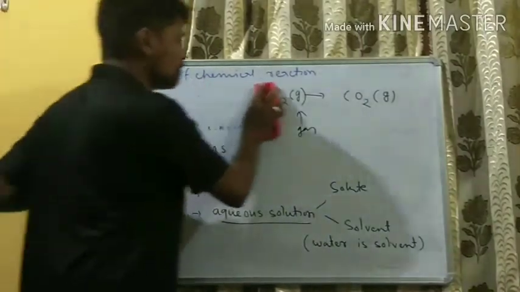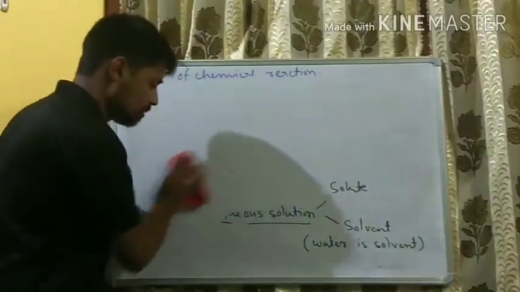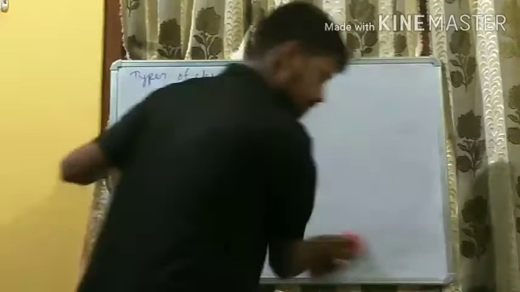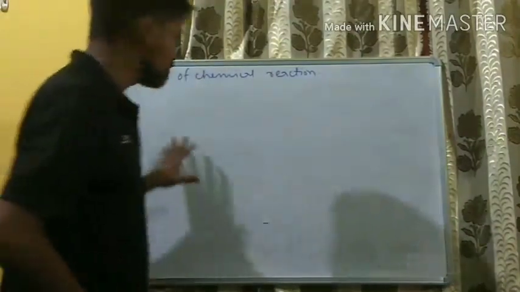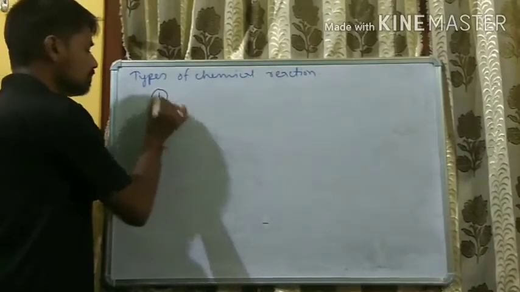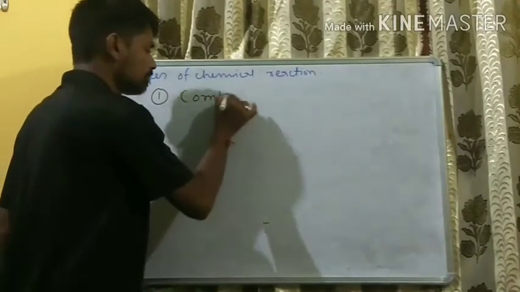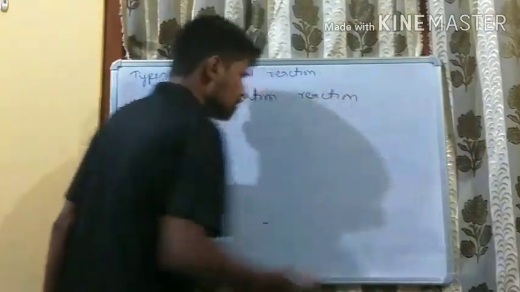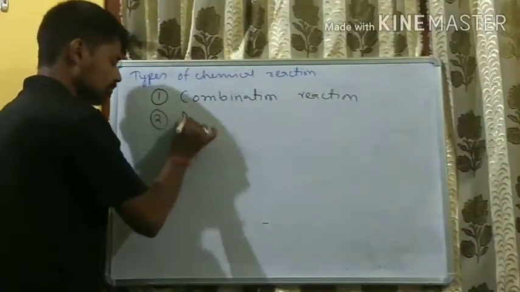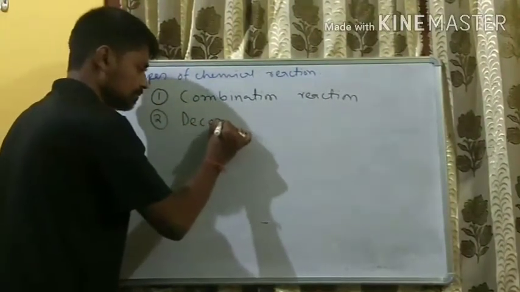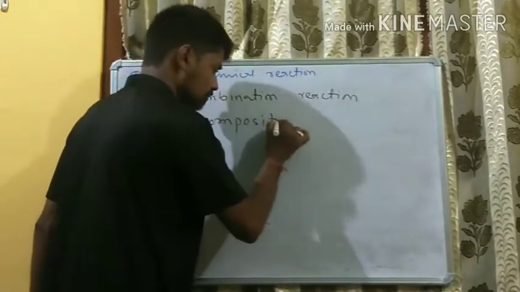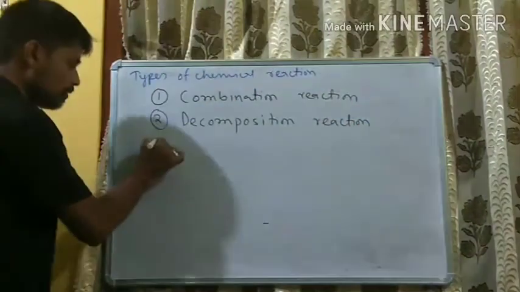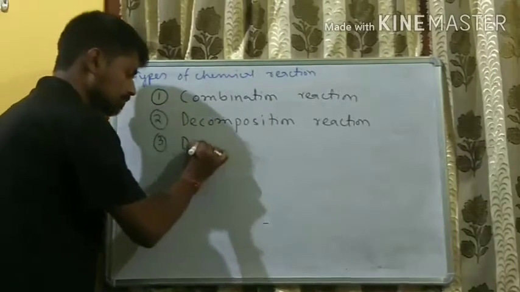Okay. Now let us move to the next part, types of chemical equation or types of chemical reaction. Basically there are 5 types of chemical reactions, which are: combination reaction, reaction number 2, decomposition reaction, reaction number 3, displacement reaction,